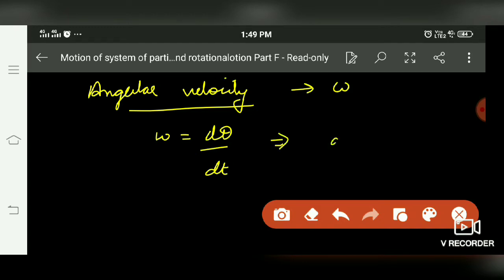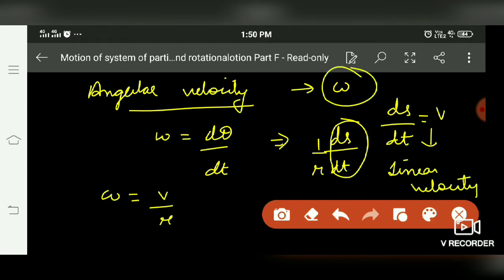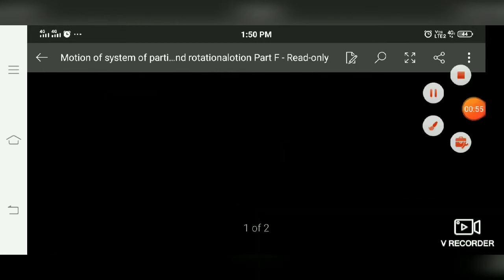S by r, so it is ds by dt into 1 by r. So we get v upon r. This is the linear velocity. ds by dt is what? Linear velocity. And this omega is the angular velocity. So we get v equals omega r. So this is the relation between angular and linear velocity, where the unit of the angular velocity is